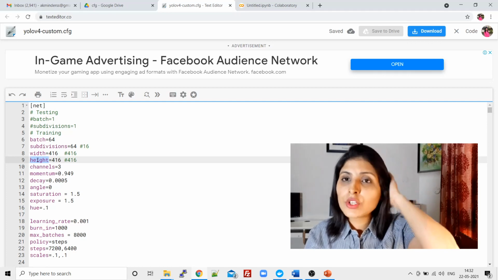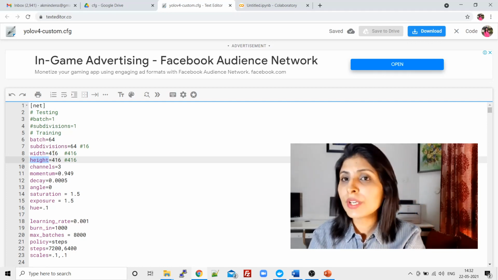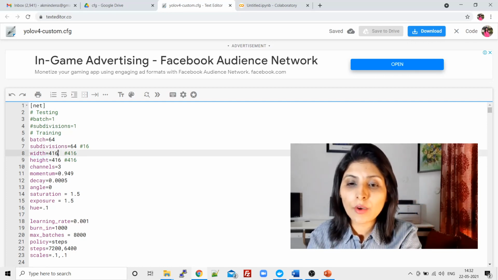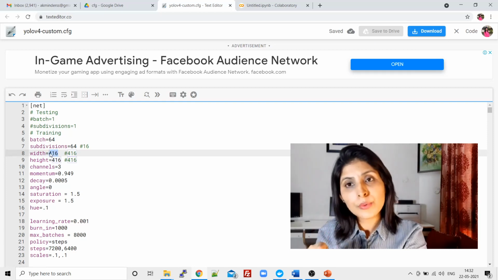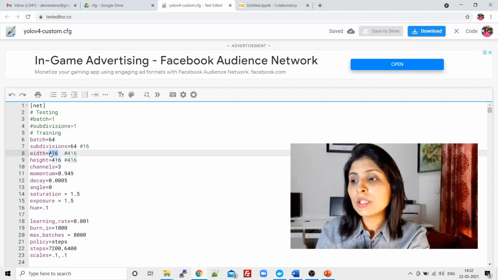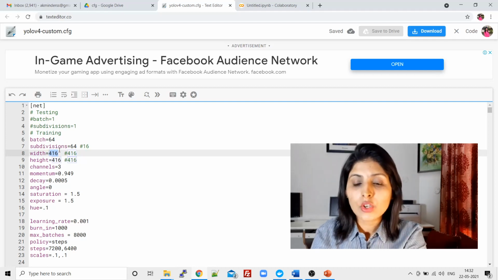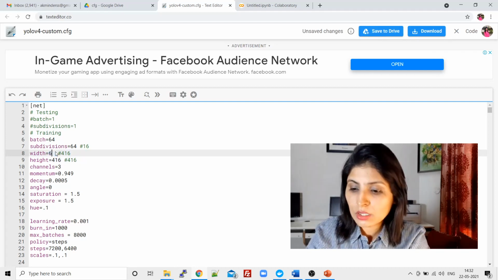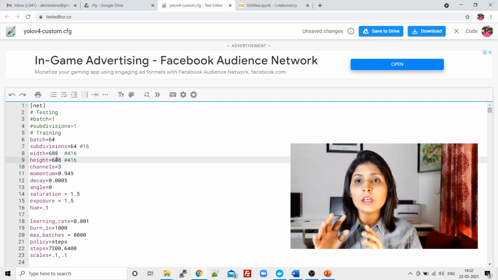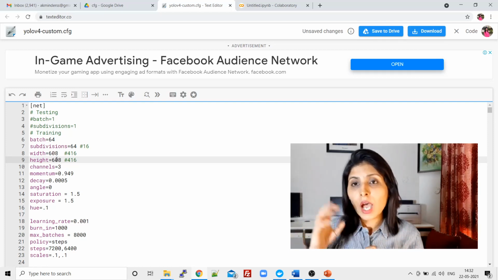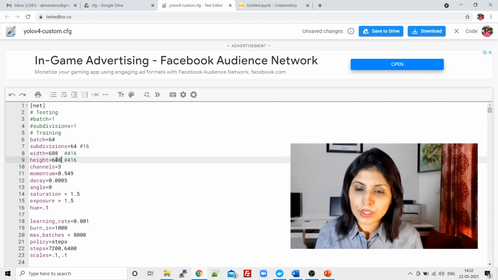See guys, I'm using the width and height of image 416 into 416. But if you use an image with a higher size, let's say you change it to 608 into 608, so if the height and width of the image is higher, then you will get more accuracy, right?